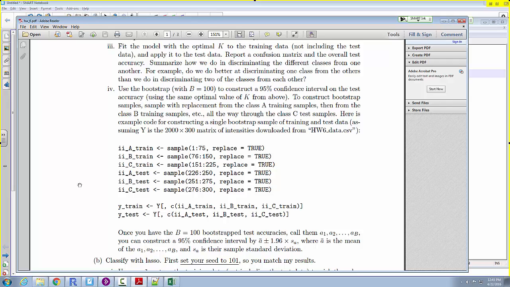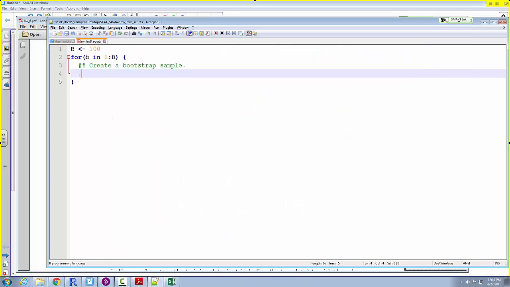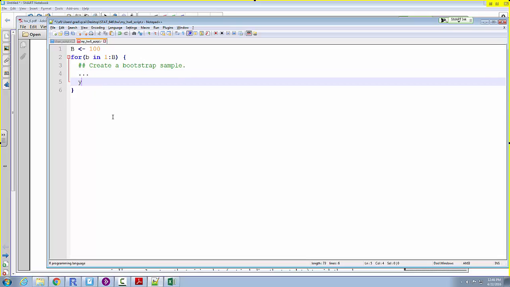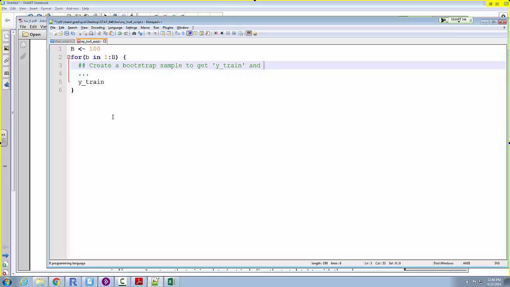It's a resampled version. And then I did the same thing for the test data. So at the end of that, we have Y train. So let's say create a bootstrap sample to get Y train and Y test,